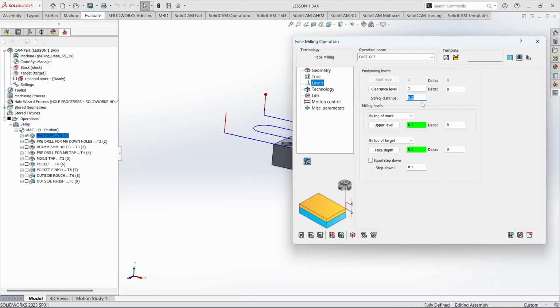But usually, if you have 100, I put here 200, so make sure it's safe to move up there. And in here, you can define it, or you can just click this and then select by stock or target. So of course, this one will be stock, right? And then the fade depth, this will be by top target, right? Because you want to fade up all the way to